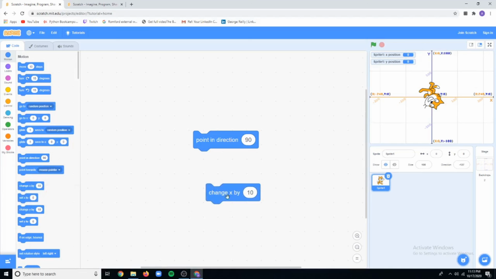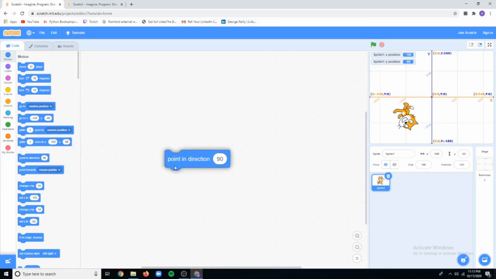Then I can change the value of x. Suppose I want my x coordinate to be 100. So yes, it is taking 100. If I want to move it behind, so I can. Yes. So in this way I can keep the x coordinate as fixed. Same is with my y coordinate. I can change it. I can make it negative if I want to move it in downward direction. Yes. So all these options you find under your motion block.